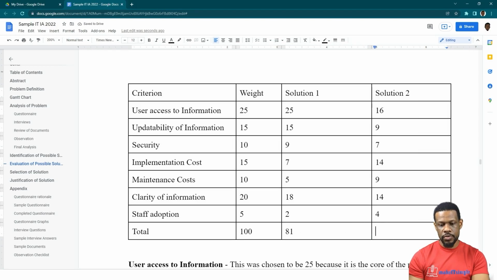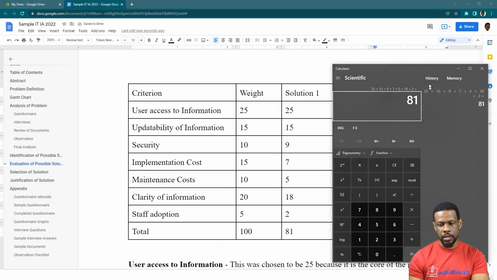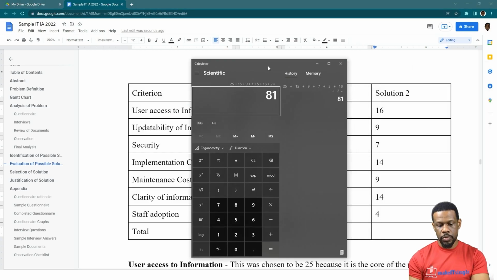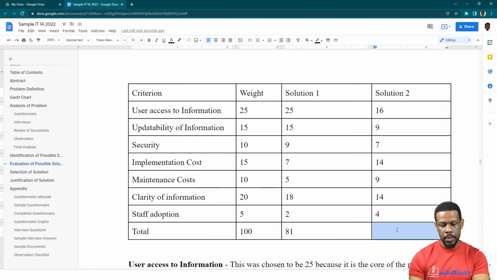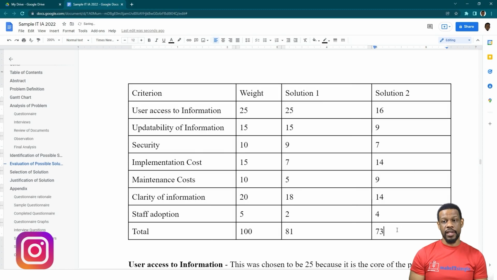Alright, so let's go to the next one now, which would be 16 plus 9 plus 7 plus 14 plus 9 plus 14 plus 4. I got 73. So 73 would be what I have here, and I think